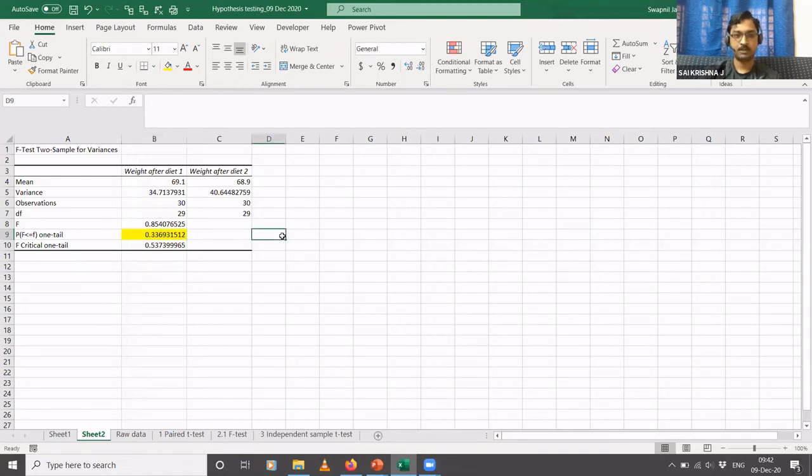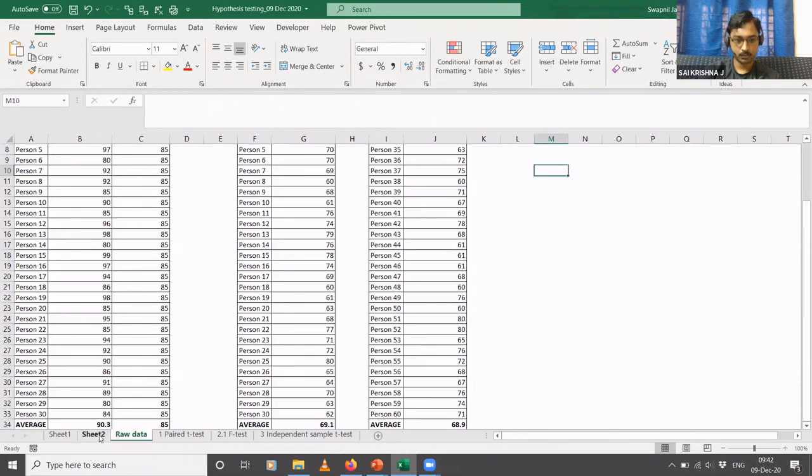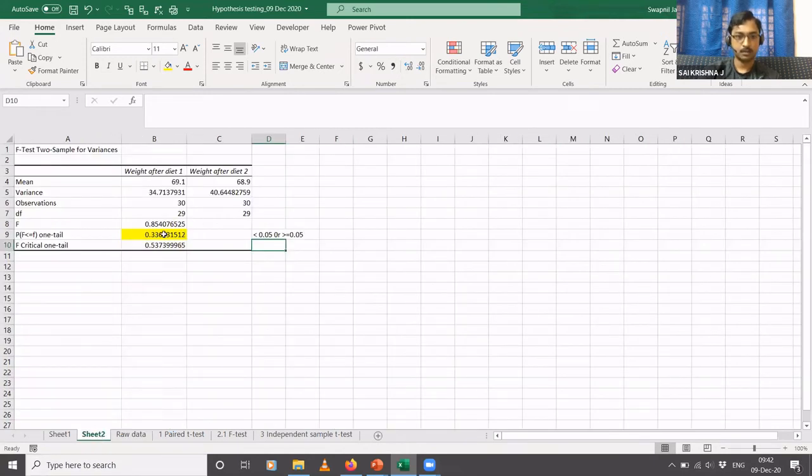You check whether this p-value is less than 0.05, or greater than or equal to 0.05. Here this 0.33 is greater than or equal to 0.05, which basically means you do not reject your null hypothesis, which means that the variances are equal.